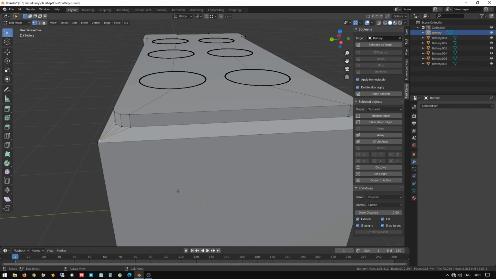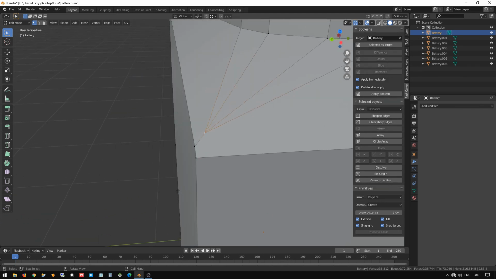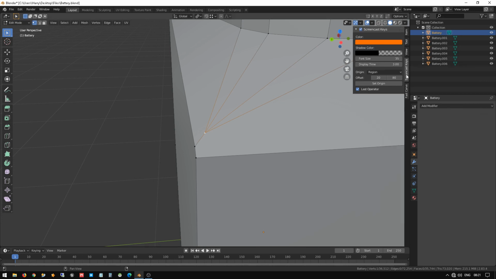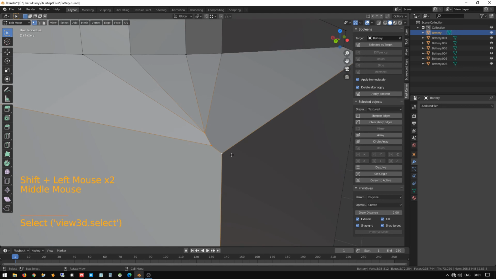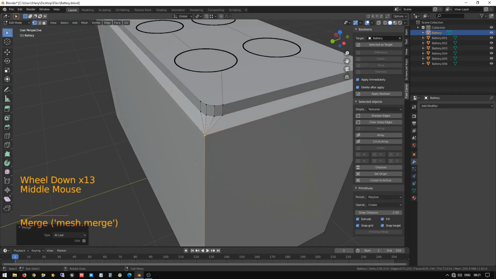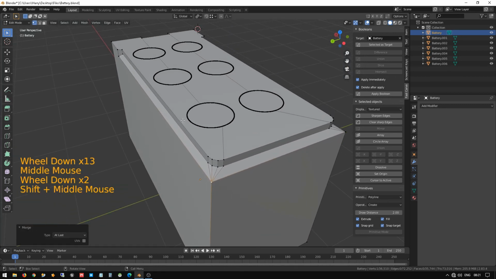Press that vertex and use the period key to zoom in, and you can select this vertex and this vertex and this vertex last finally, and press M and merge at last. So now it's created correctly in these edges.